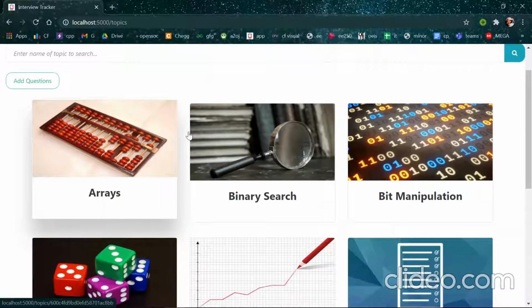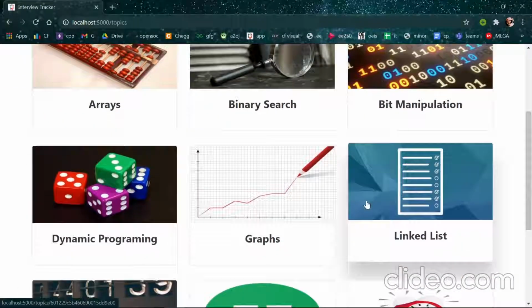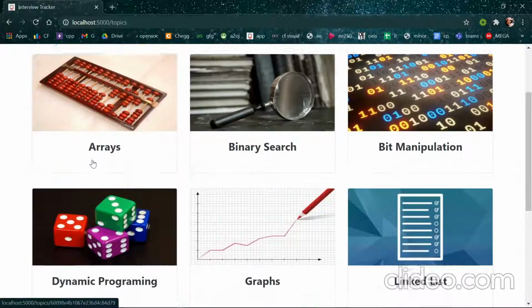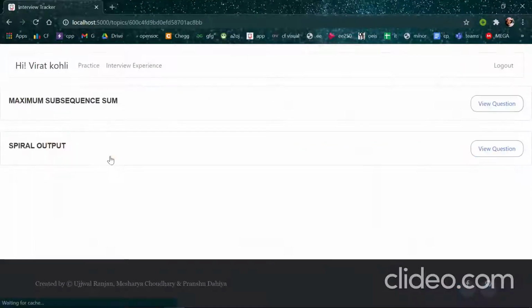This displays a list of all the topics which are present in the database, and there are questions linked to each of these topics. If we click on any one of the topics, then the questions associated with that topic will be displayed. For doing this, we have created a questions model, and for each questions model there is a field which has an object type of id, and that field is a reference to any of these topics. What does that mean? For every question, it is associated with a particular topic. It has an id which is the id of any given topic.